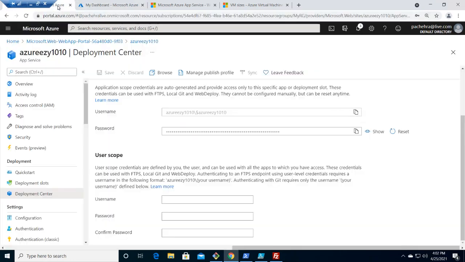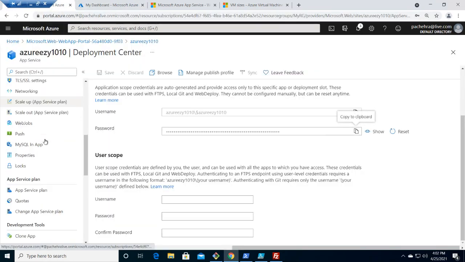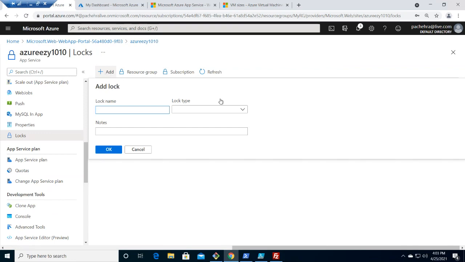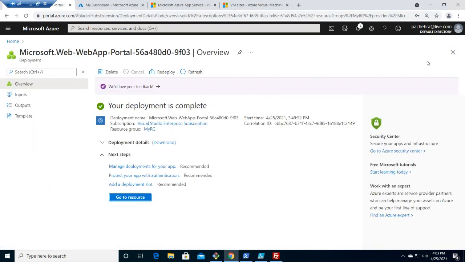If I go back to app services, we can cover the logs, right? What is a log? A log is something which will help you in governance. Whenever you architect something, whenever you design something, there is always a part which is governance. So logs will help you in governance, where there are two kinds of locks, read-only or delete. As per your need, you can deploy read-only, where everyone can read but no one can edit it. In delete, people cannot delete, but they can edit it. Okay, I think I closed it.